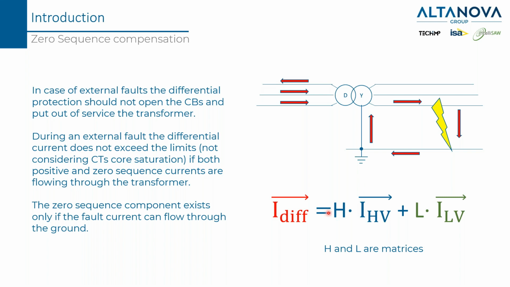The zero sequence compensation needs matrices. Again, I anticipate that this matrix for the zero sequence compensation most of the time is the same matrix that is performing the phase compensation. So these two concepts must be considered more or less the same concept. In particular cases, they are different, but in most of the cases, they are the same. So I repeat once again, in most of the cases, when you do a phase shift compensation, you are also doing, at the same time, with the same matrix, the zero sequence compensation.